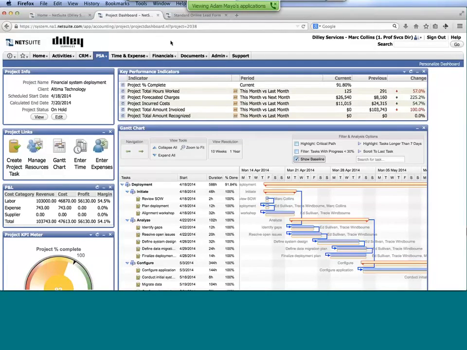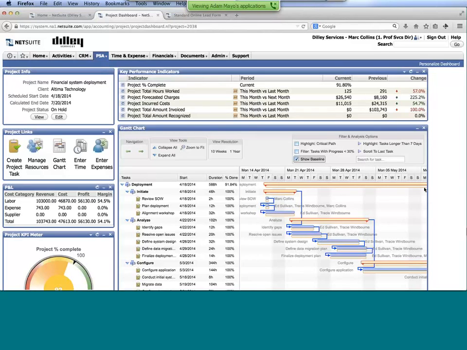And here you can see a series of again, those portlets, those windows, but it's specific to the project I have selected. So again, it has its own key performance indicators up on the top. Percent complete, how much the cost of the project has been incurred so far, what we've recognized from a billing standpoint. Having quick links over on the left-hand side to manage resources or create a project task.